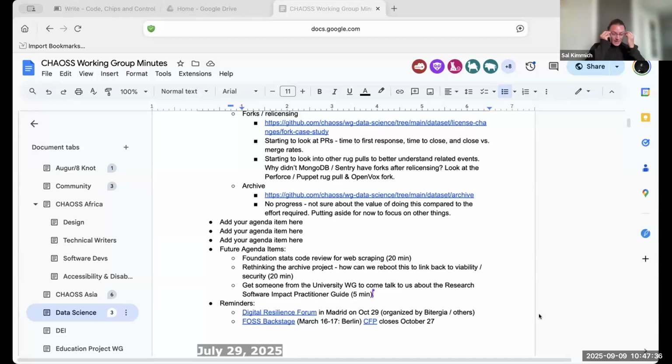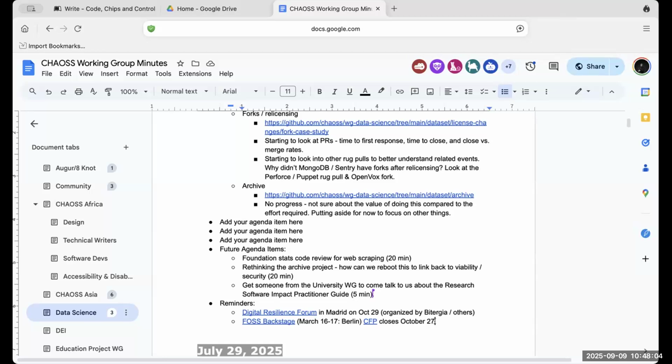Okay, excellent. I think the one thing that I will just throw out here, because it would probably be the people on this call: is anyone interested and excited in the idea of doing a virtual hackathon in October? Or is that just slammed in the middle of a bunch of events and would be challenging to do? At least for me, slammed in the middle of a bunch of events. Yeah, that's what I'm thinking.